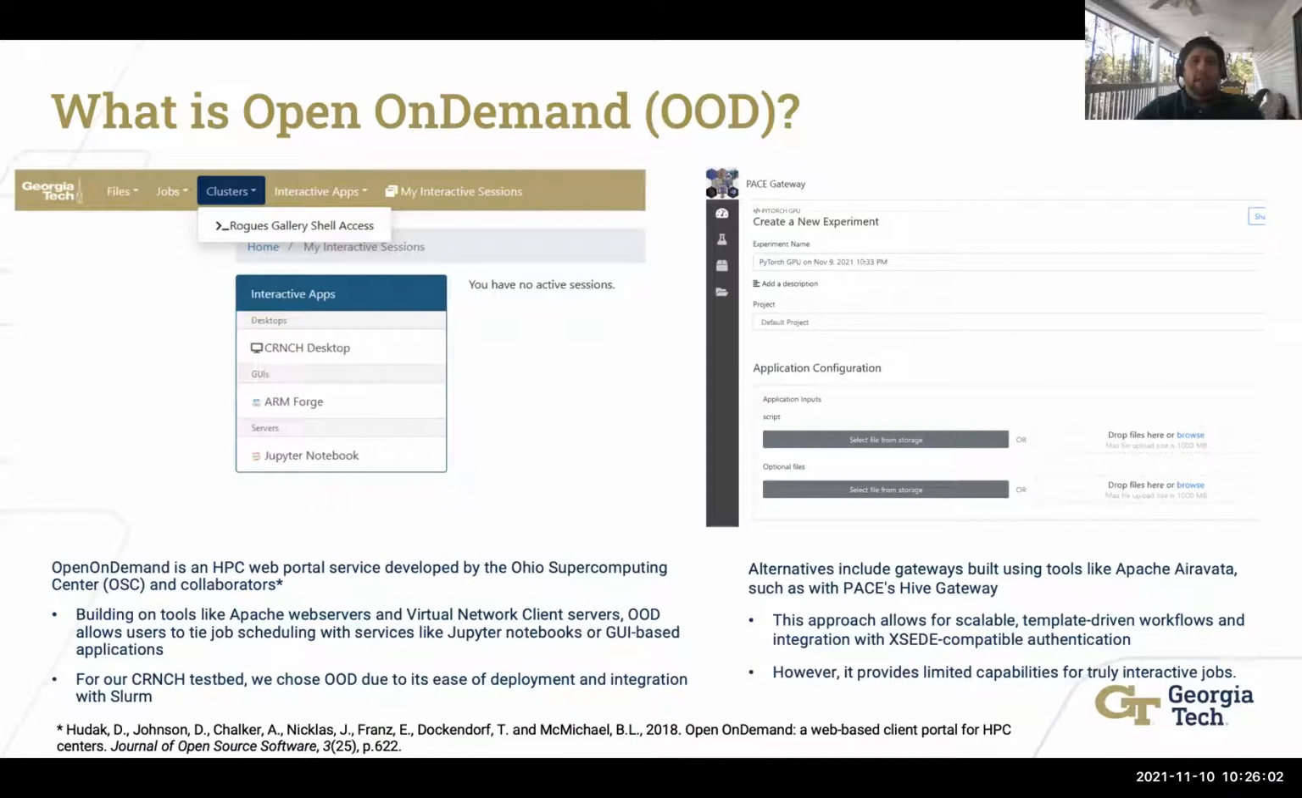You can spin up various apps. Right now, for example, on Octavius, we've got a virtual desktop, the ARM Forge DDT and MAP suite, and Jupyter notebooks that we've set up. For our CRNCH testbed, the reason we chose OpenOnDemand was its ease of deployment, the integration with Slurm, and the fact that it allows for unique workflows by the users. Comparatively, on the x86 side of Hive that PACE manages, we actually use a different gateway called Apache Airavata,